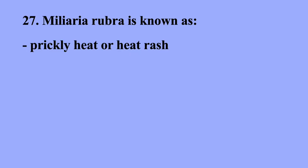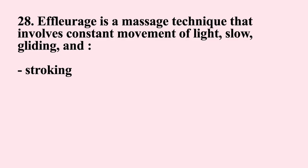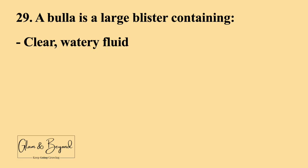Number 27, miliaria rubra is known as. The answer is prickly heat or heat rash. Number 28, effleurage is a massage technique that involves constant movement of light, slow gliding, and the answer is stroking. Number 29, a bulla is a large blister containing